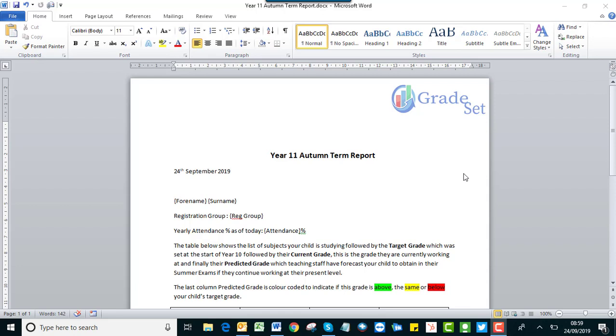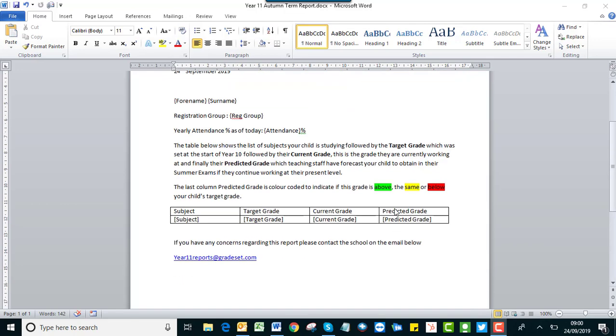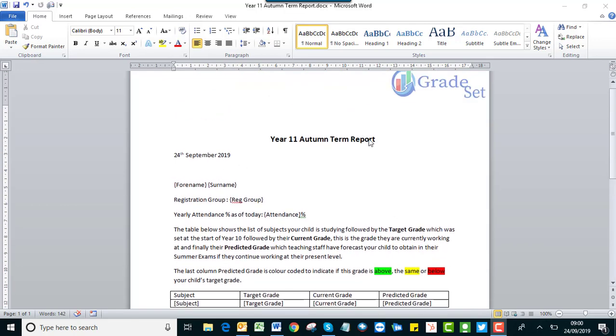In this video we're going to show the user how to use the functionality of Export to Word template within GradeVision. I'm going to begin by showing a Word document that I've created. As you can see, it's got a header and a footer, and at the top we've got today's date and the name of the report, and then if you notice forename and surname are in curly brackets